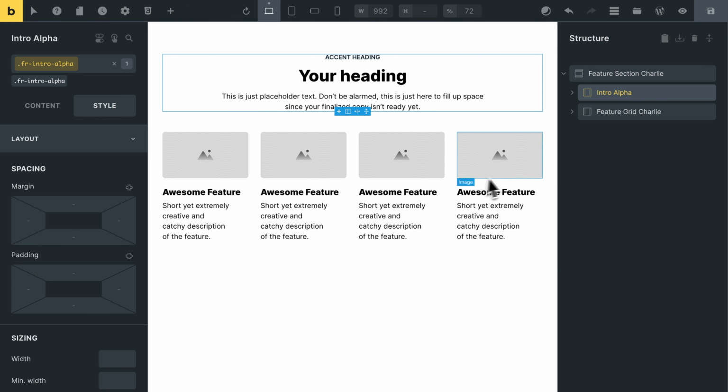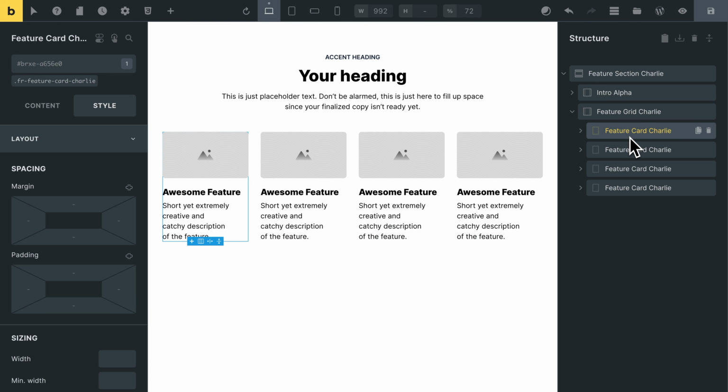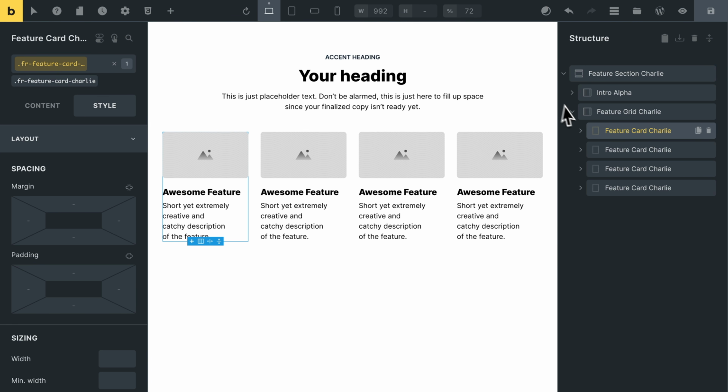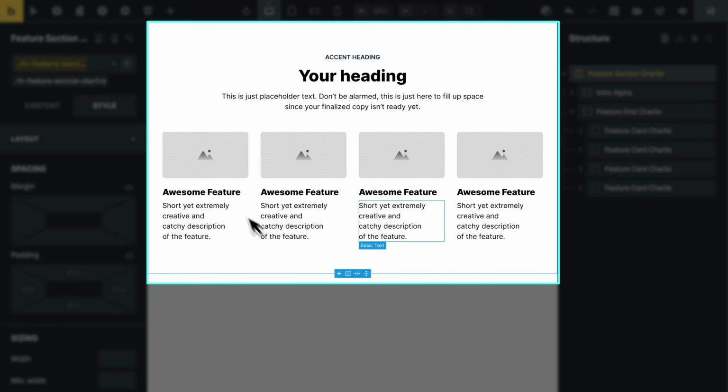You can see that these cards, let's have a look at these cards. They also have a top level BEM block class as well, feature-card-charlie in this case. Again, they're not nested BEM element classes with double underscores. They are new top level block classes. And that's because these cards can be and should be completely reusable anywhere on the site, independent of this particular section with the list of photos of my face, or whatever it's a list of. And as I say, if you don't use BEM or you haven't got your head around it yet, please don't worry. Just know that Frames gets its BEM class naming absolutely right.